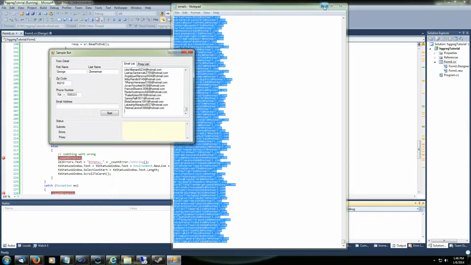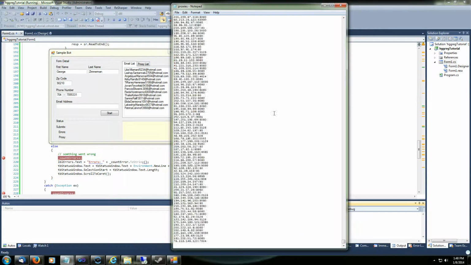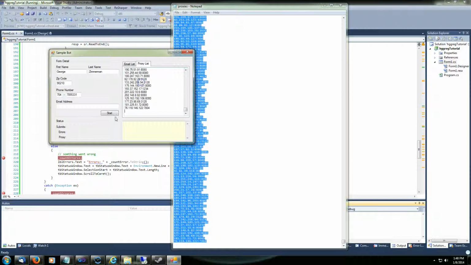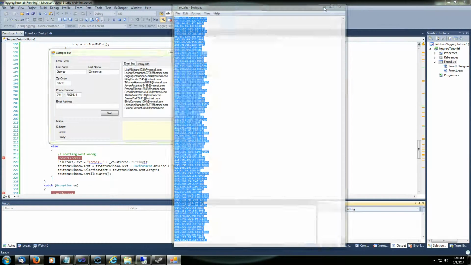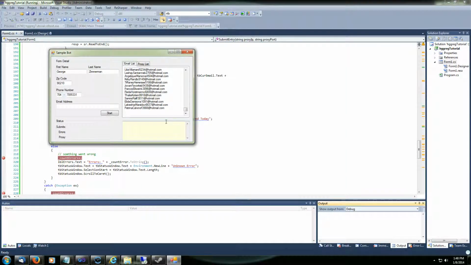Email list back in, proxy list back in, and you can have it save these lists in between open and closing, but that's something